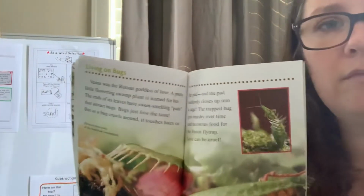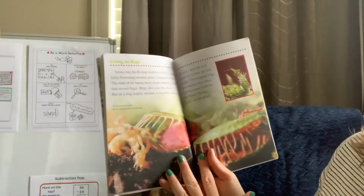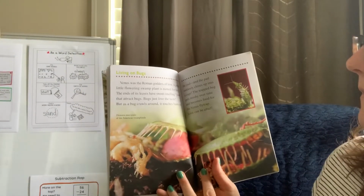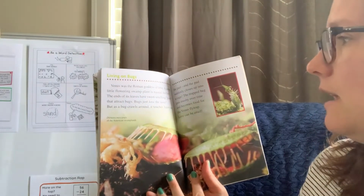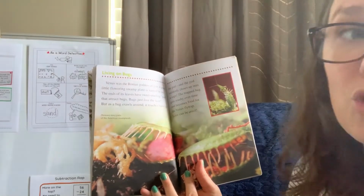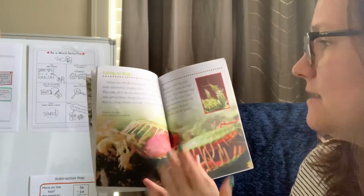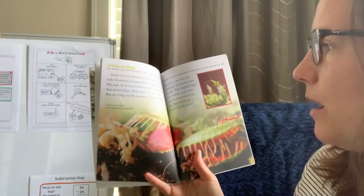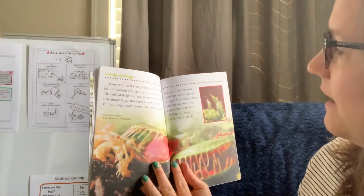Ooh, living on bugs. Venus was the Roman goddess of love. A pretty little flowering swamp plant is named for her. The ends of its leaves have sweet-smelling pads that attract bugs. Bugs just love the taste, but as a bug crawls around, it touches hairs on the pad, and the pad